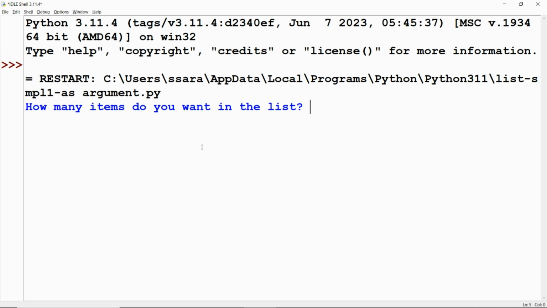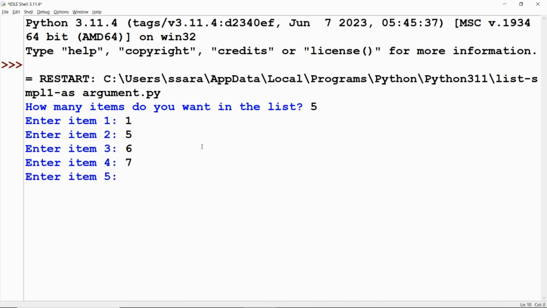How many items do you want in the list? Let's say I want 5. Enter 1, 2, 3, 4, 5. Print those values. So instead of hard coding, making the list elements fixed, giving a user an option